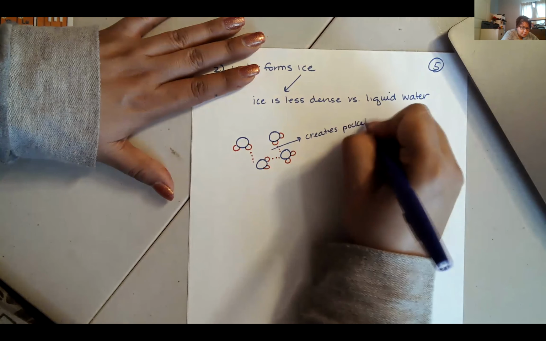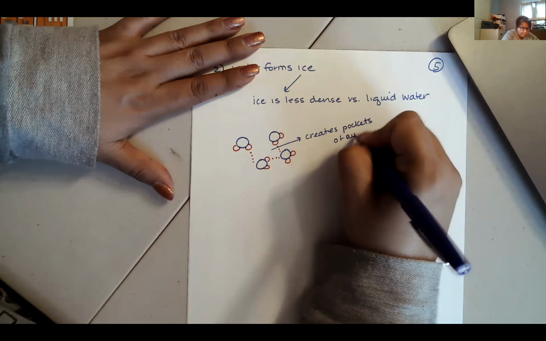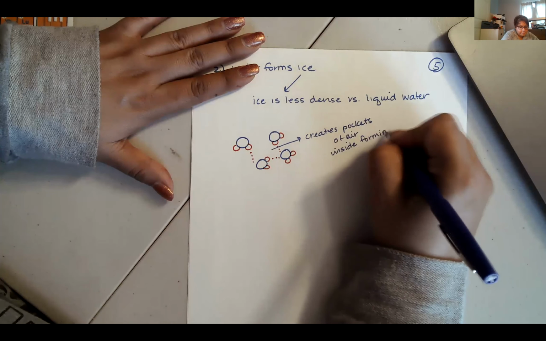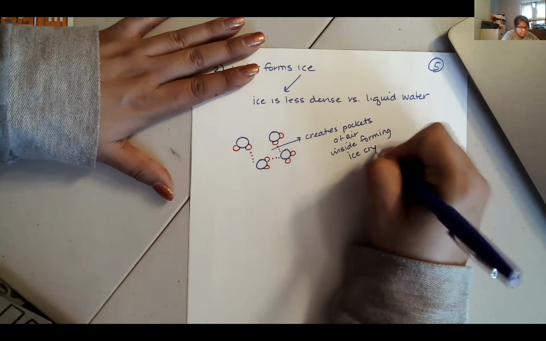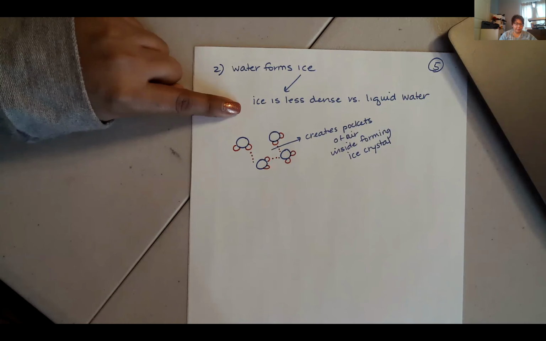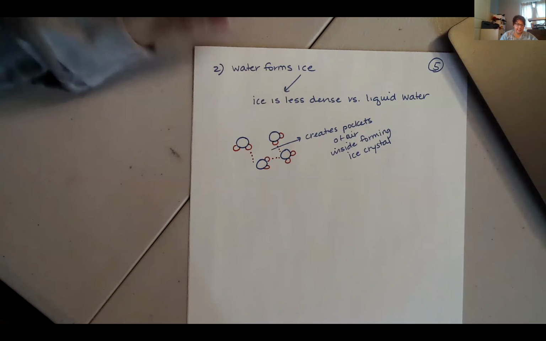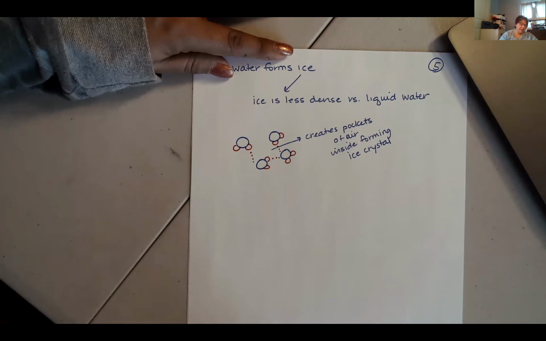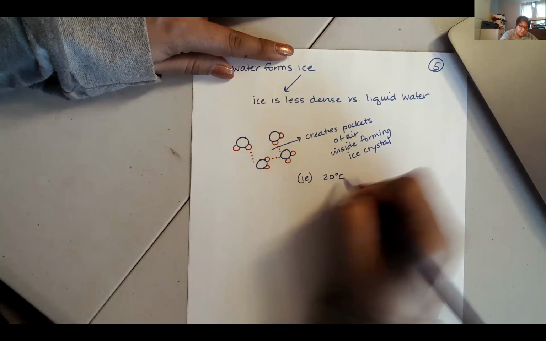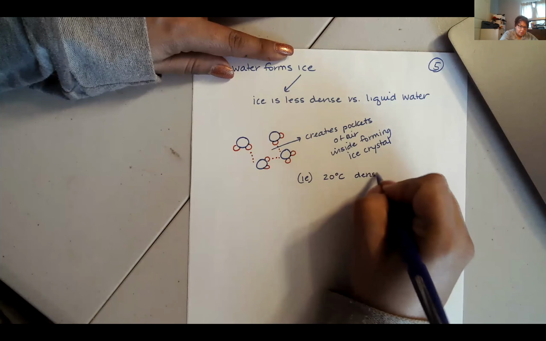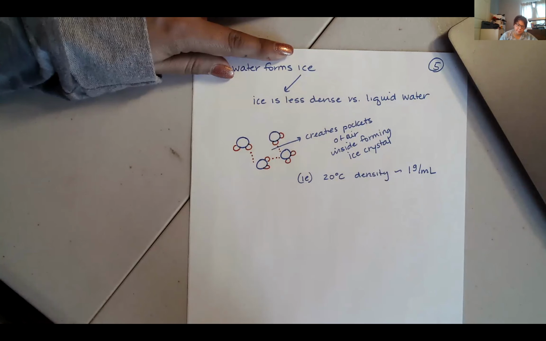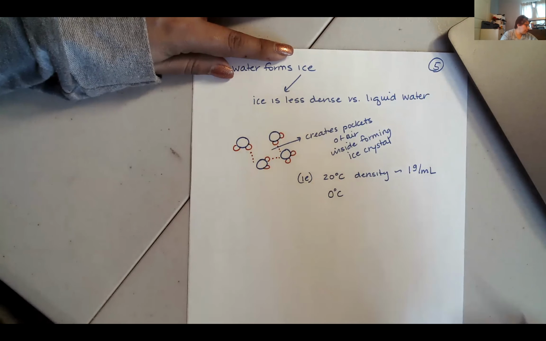what it actually does is it creates pockets of air inside the forming ice crystal. Those pockets of air are what makes ice less dense. As an example, the density of water at roughly 20 degrees Celsius is close to about 1 gram per ml. At around 0 degrees Celsius,